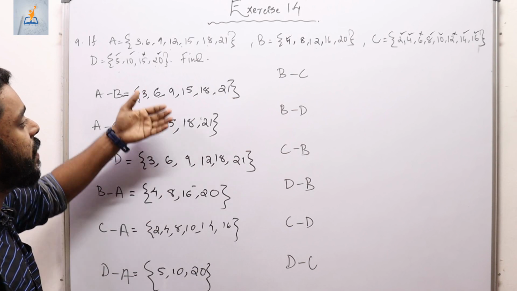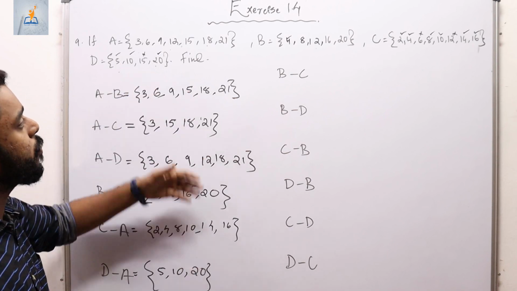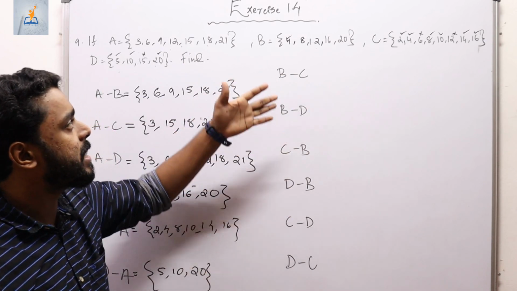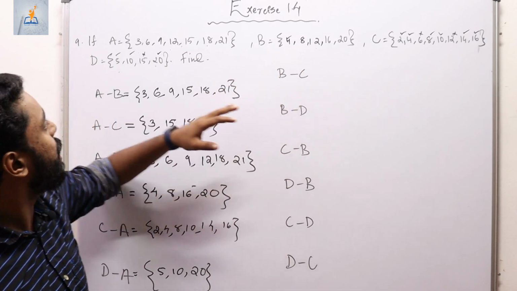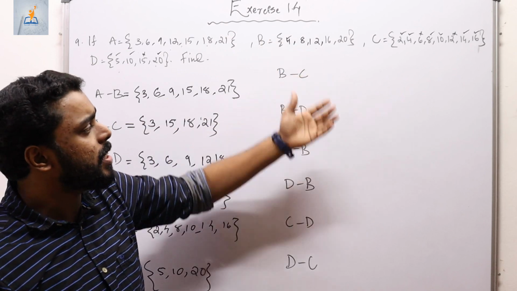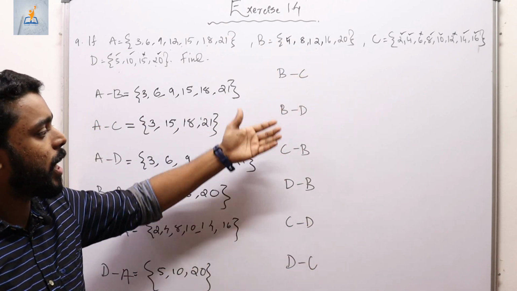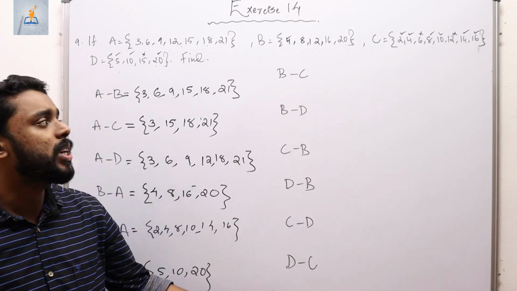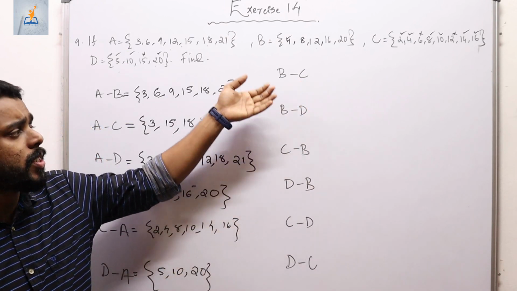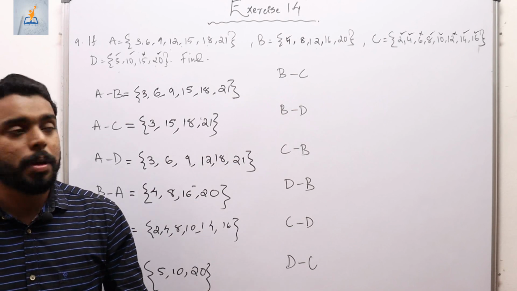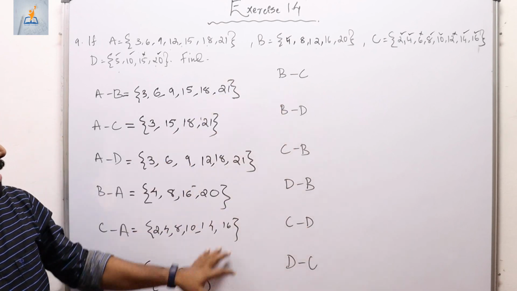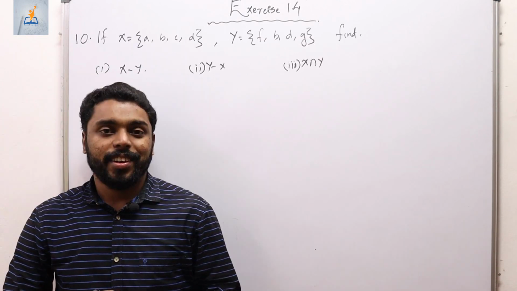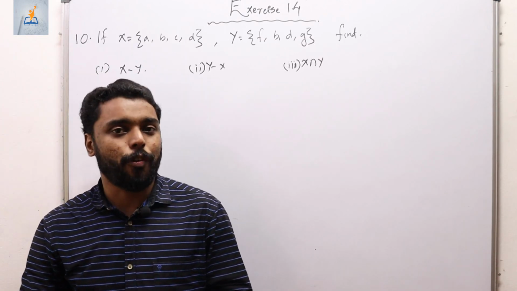Similarly, we can evaluate the difference of any of the pairs. Very simple. Always observe that in order to find B minus C, just observe the elements in B but not in C. Is that not a very simple exercise? You can complete these 6 pairs by yourself. So I am leaving these sets to you. If you find any difficulty in solving any of this, just ask me personally. So this is the answer of the first 6 pairs, and the next 6 pairs is homework for you. Now we shall do the 10th question of your textbook.